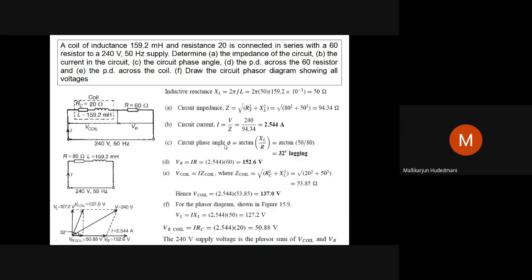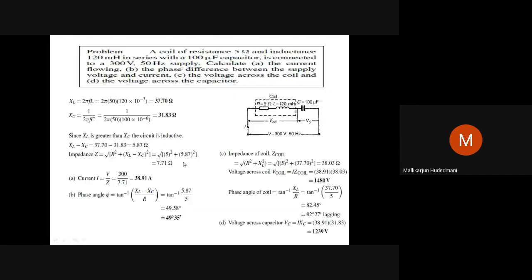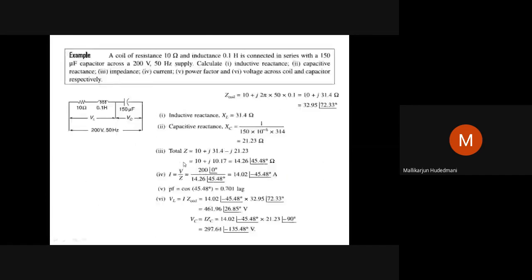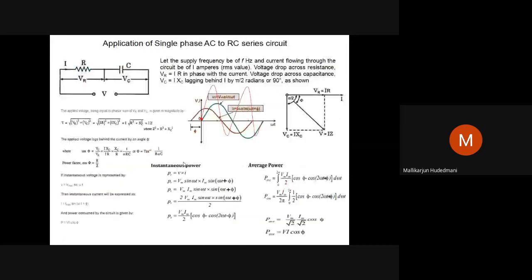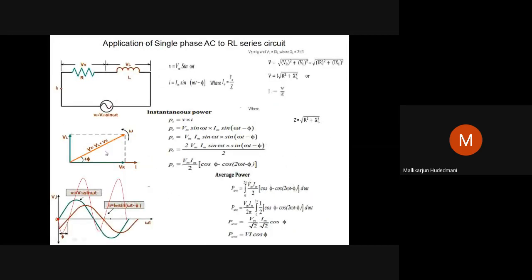So how do I get this? To get this, you have to go back to total R, total L. RL series circuit concept I have to revisit. So I'll take you back. Can you see this RL series circuit? So this phase angle, this is an angle. So here I have R, here I have XL, here I have Z. Hope you are remembering. You can see here, I is V by Z, adjacent side is R, opposite to the angle I have XL, hypotenuse is Z.